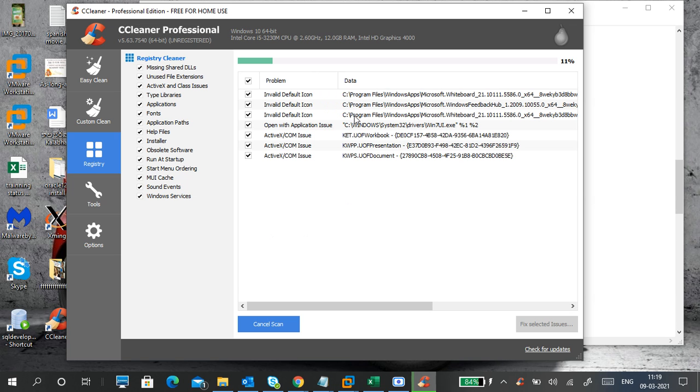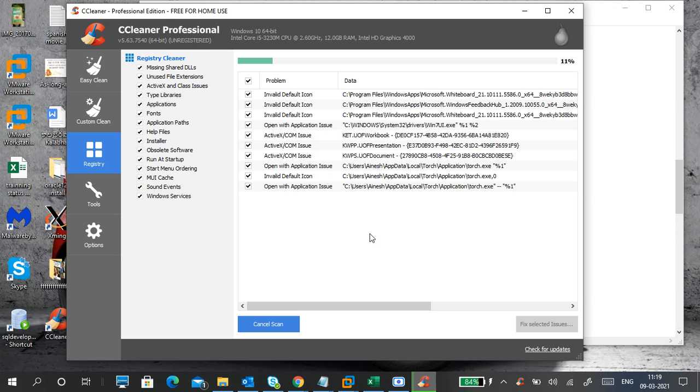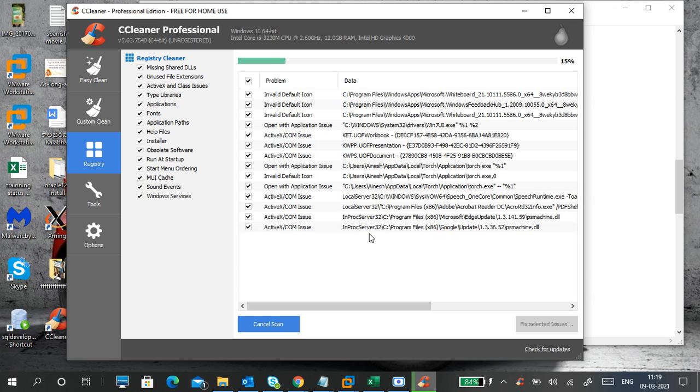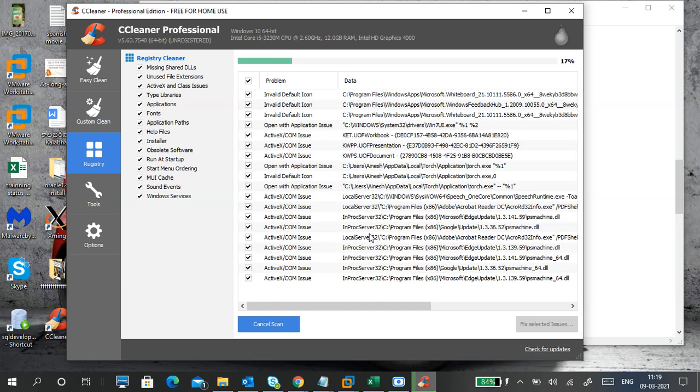Any issues related to application related things are there. So it is scanning and finding broken registries, meaning the application is not there but the registry entry is there. Understand, the application is not there and the registry entry is there. In the registry, application information is there, but the actual application is not there.